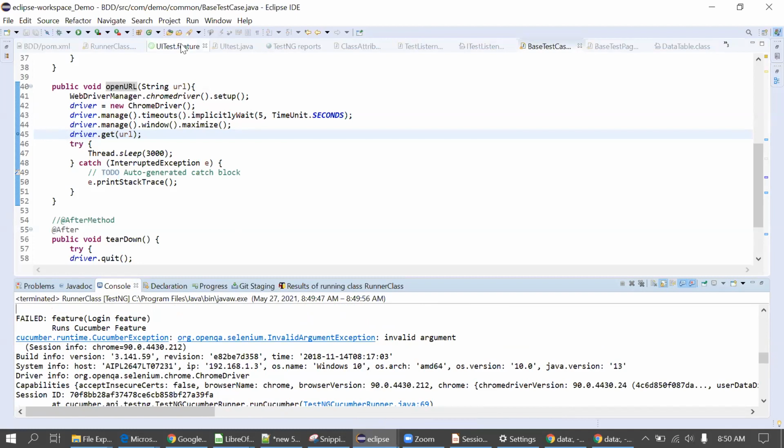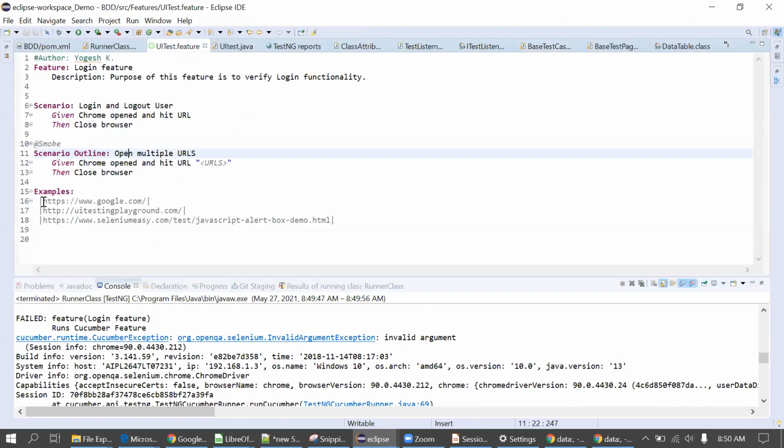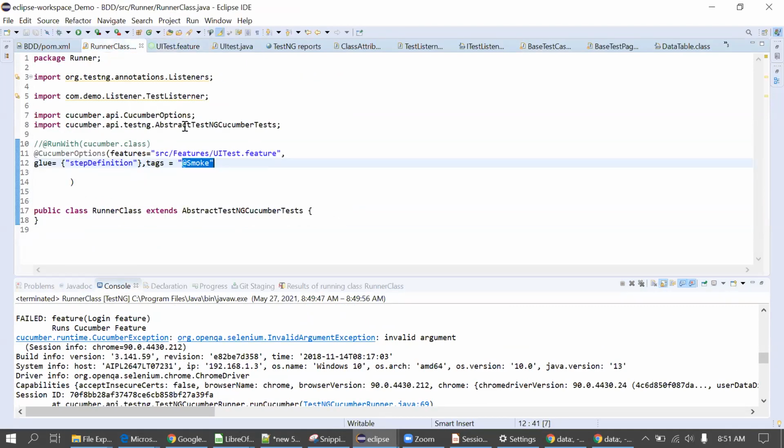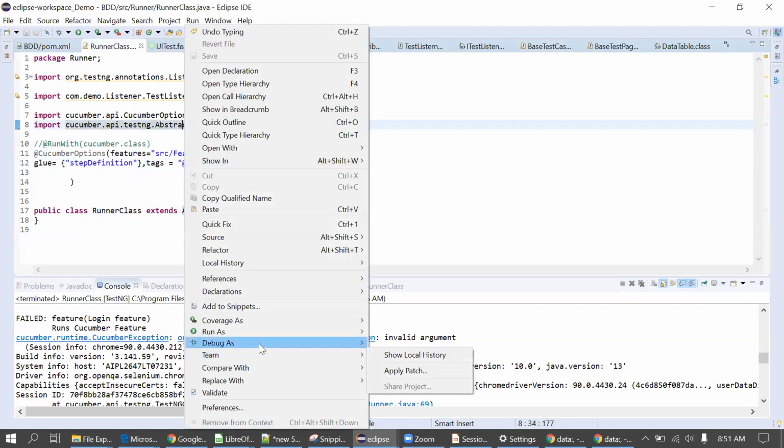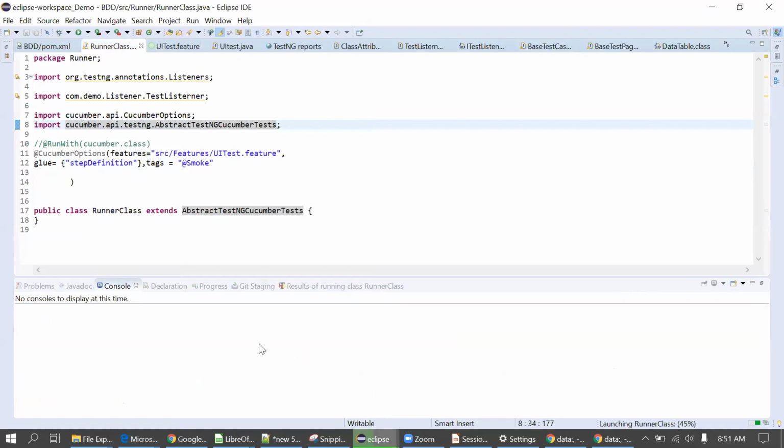So now I'll go to the feature again. I'll put some spaces here. Okay, so now I'll just execute this in debug mode. Go to the runner class, right click, debug as TestNG test.